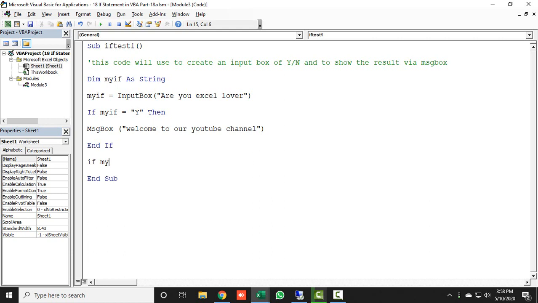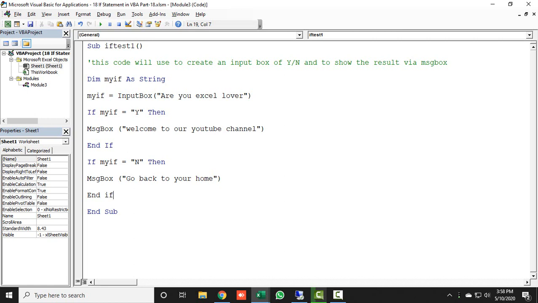And if my if is equal to no, then what will happen? Then again it will generate a message box, and here it will say you go back to your home. Simple. And let's close the end if condition, end if.